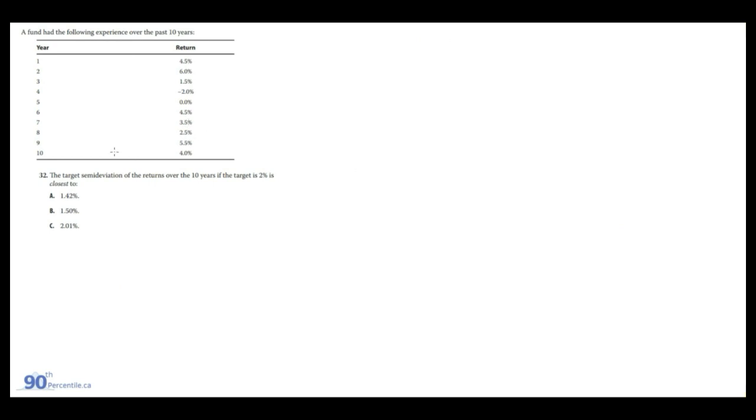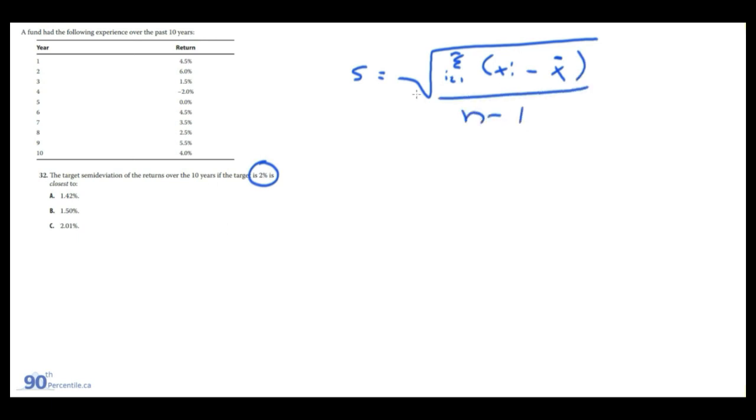Last question with this data set. Here we want to get the target semi-deviation of returns over the 10 years if the target is 2%. So semi-deviation, the only difference is it's the same thing as the standard deviation formula we just looked at: sum from i equals 1 to n of xi, but where we normally have x bar, this is actually going to be the target, so the 2%, and then n minus 1. Everything else is the same, but in this case, we only care about and only incorporate the amounts that are actually less than the 2%. So it would be this, this, this,